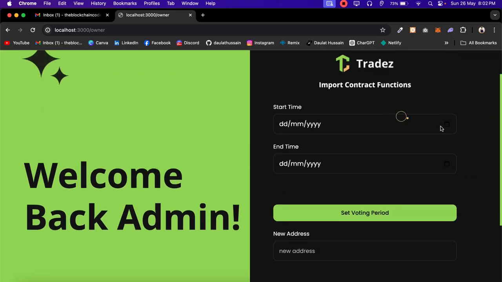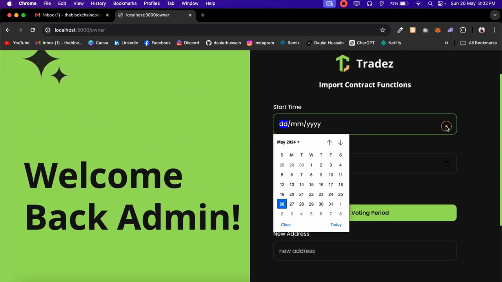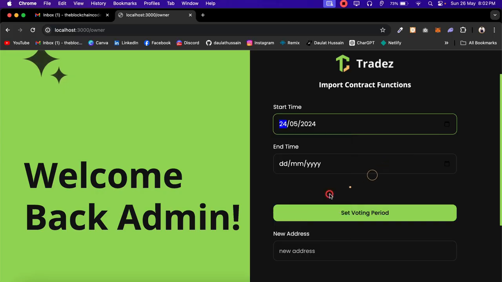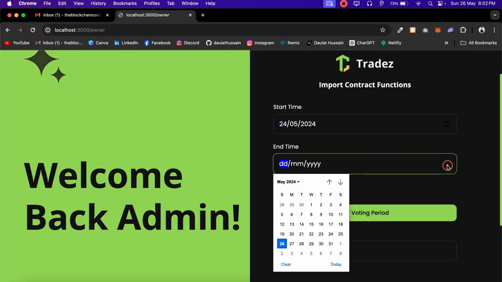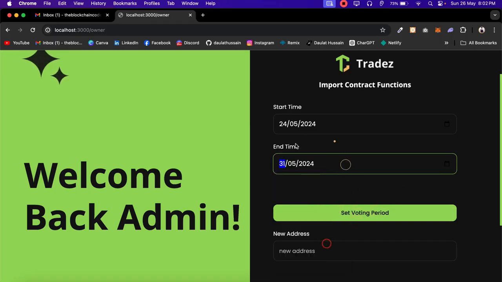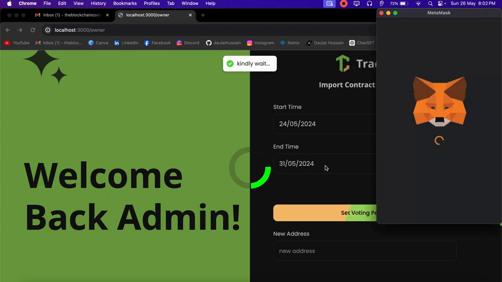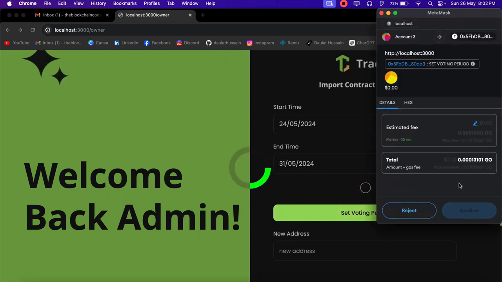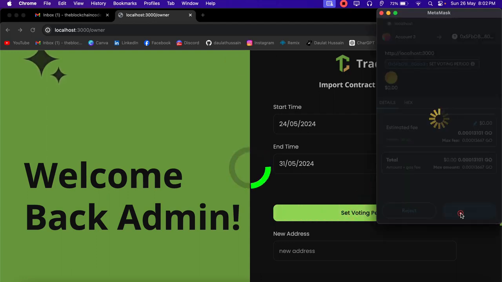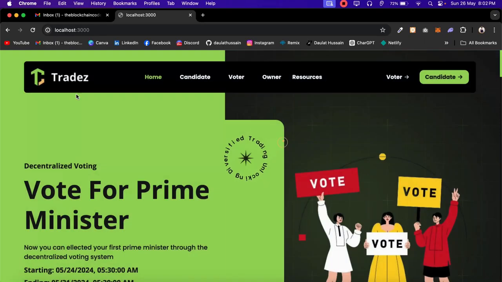So now I'm going to start the election. I'll click here and I want to start the election from 24. You can go from a back date, there's no problem, or you can go with the future, there's no problem. I'll go back to the 31st. So this is the time range I want to pick for the election. Click on this set voting period. It's going to open and I can click on confirm, and the transaction is successful and I'm redirected to the home